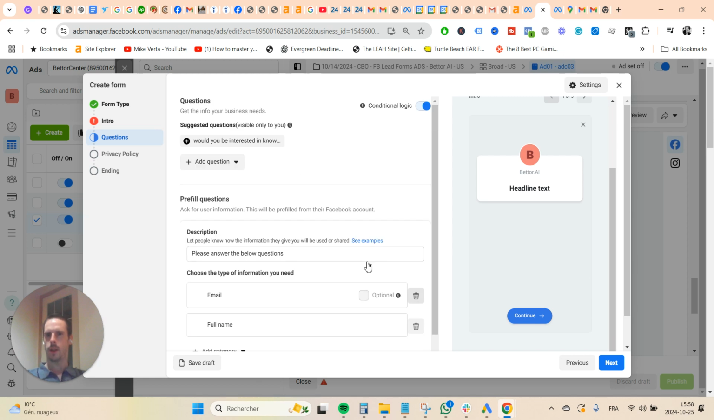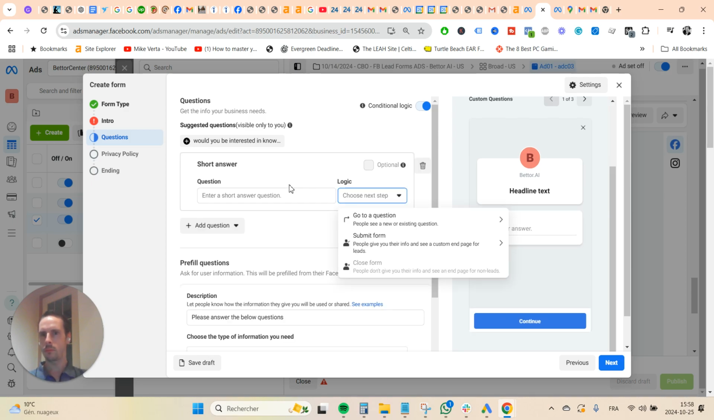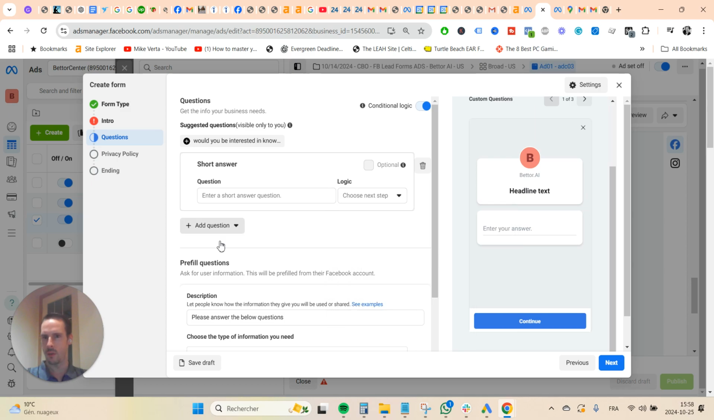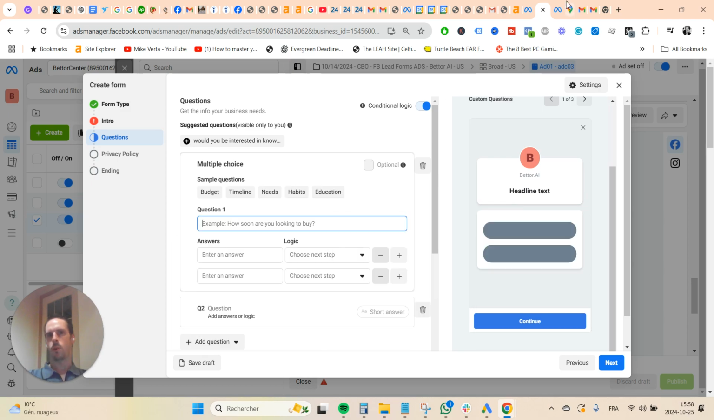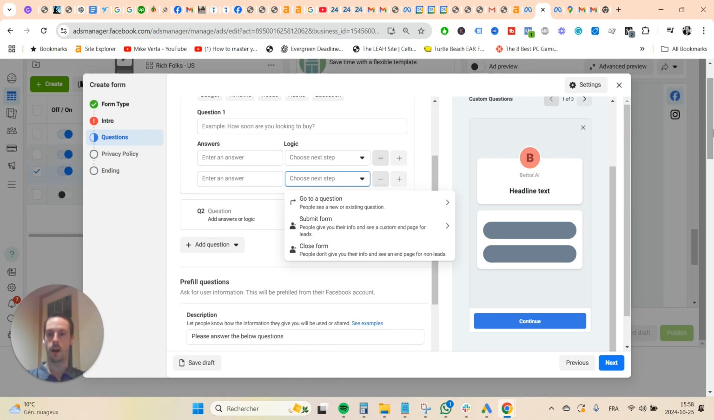So in general, I re-ask to confirm their best email with a short answer. Best email. Then go to next question. Best email, best phone number. Then create a new question, or you have a couple of questions. What's your budget? When do you want to start? If it's too far in time, or if they don't have budget for this,